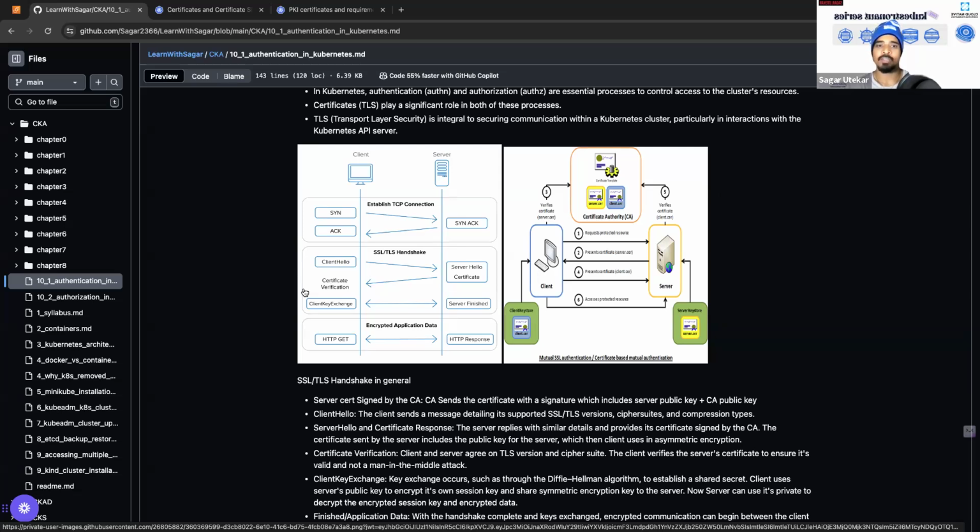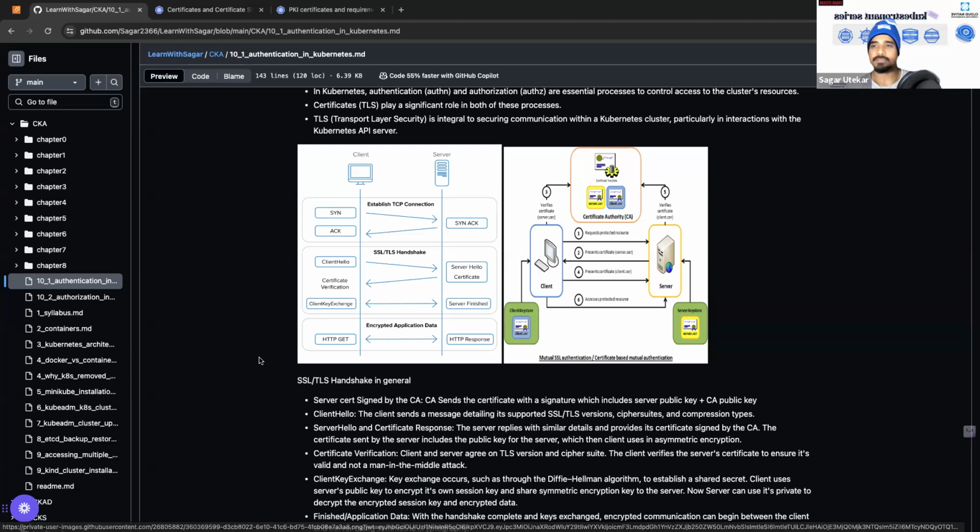Then the client sends the hello message with different information, the TLS version, cipher suites, and the compression types supported. Then the server responds back with the same information plus its signed certificate, which the client then verifies with the certificate authority. It asks the certificate authority to verify that this is a valid server or not